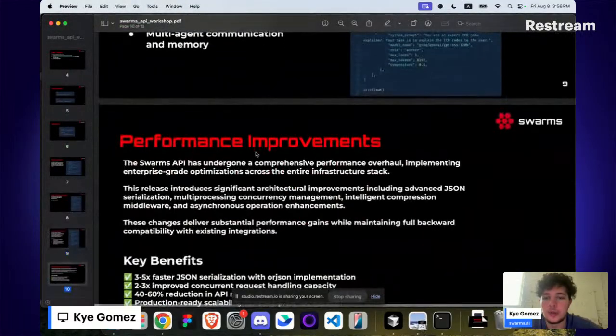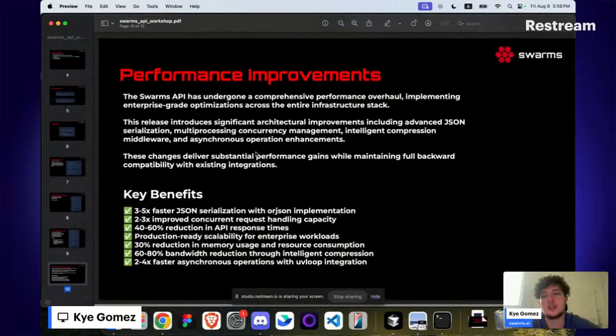And so if we return to our little presentation here, just a couple days ago, we announced a massive performance improvement. We really haven't done a full live stream or workshop on the API as of yet. And that's because we've been trying to optimize it and make it much more high performance. And so a couple of days ago, we shipped the latest update. And just to overview some of the updates,